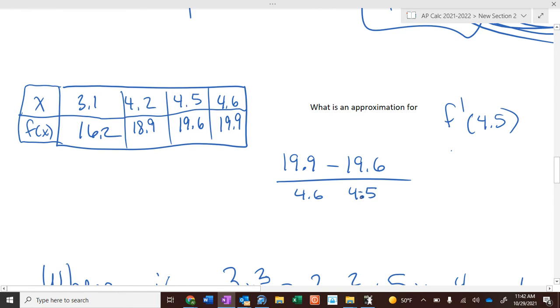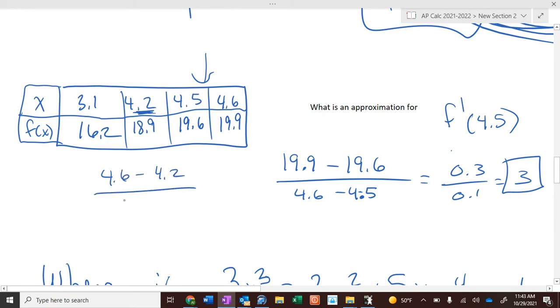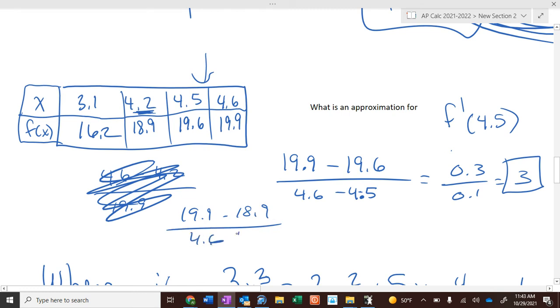Allie's using the points that she wanted to use, but you wouldn't use 4.2 because 4.6 is closer to 4.5. They're really close to each other, so that slope's going to be really close right there. If you use the other points, it's going to get skewed because we're so far away from 4.5 here. If we use 19.9, 18.9, 4.6, 4.2